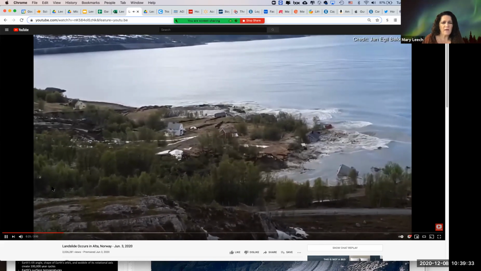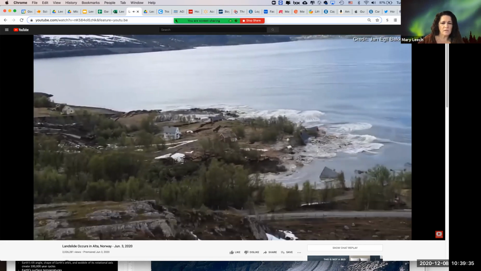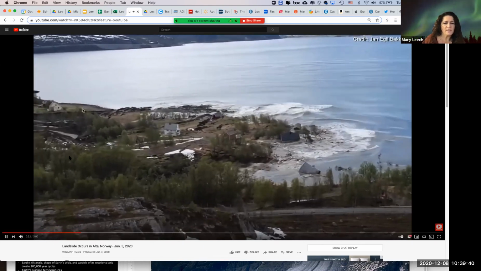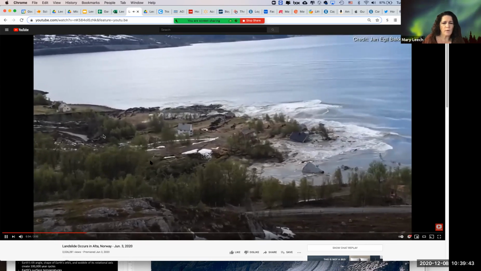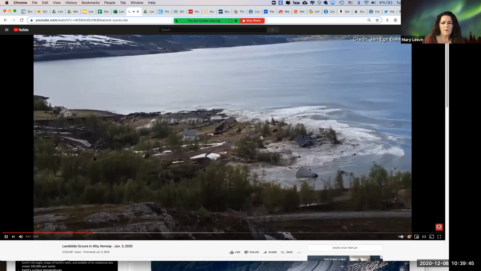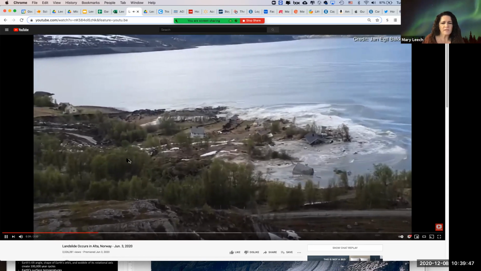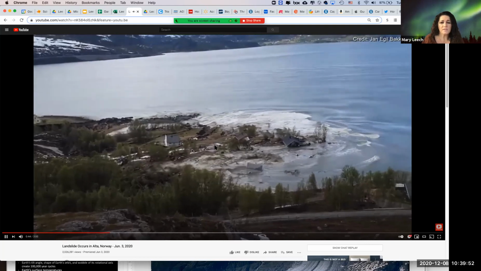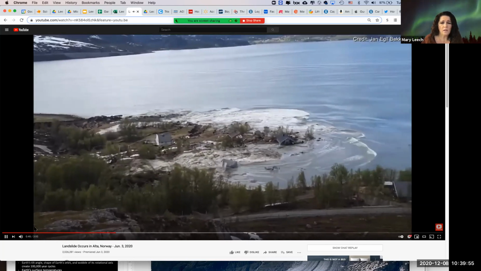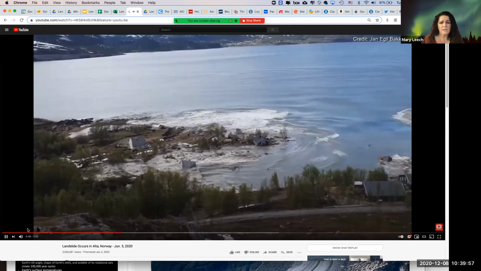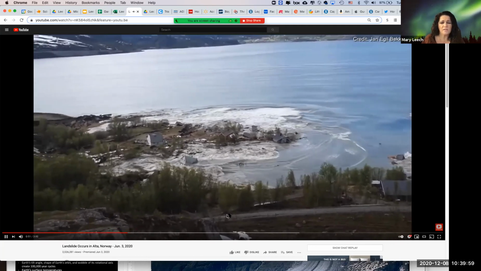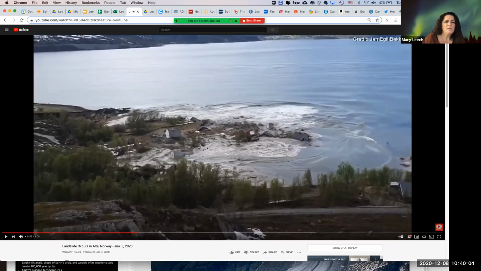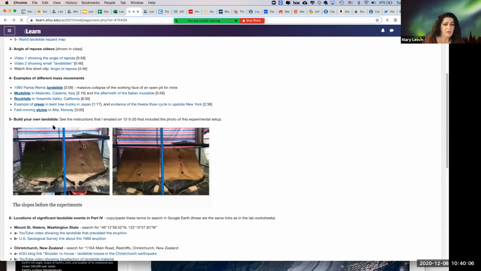And you can get the idea of how big it is because of the houses. And it's clearly moving along a surface here that's wet from probably rainfall or some other triggering event. I doubt it was an earthquake in Norway, but this would suck, right? Anyway, it's coming from the other side as well. So the guy turns around and looks at the other side. It's a huge slump. So totally check those out.